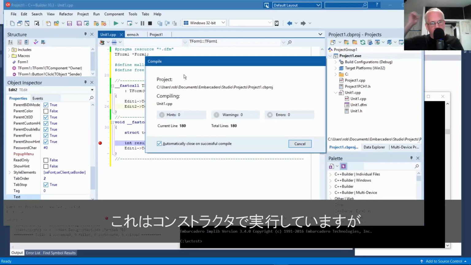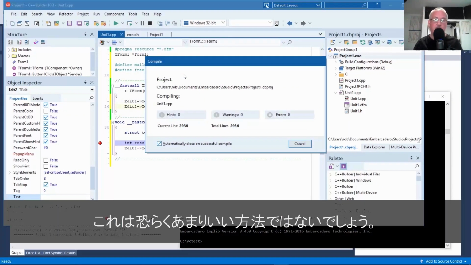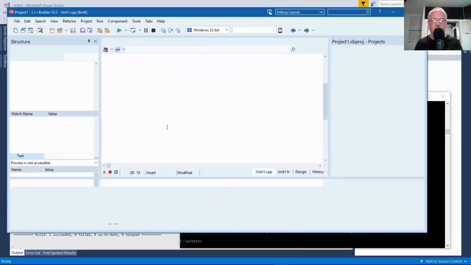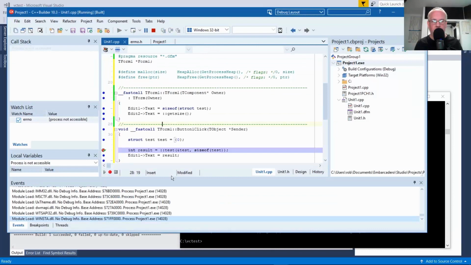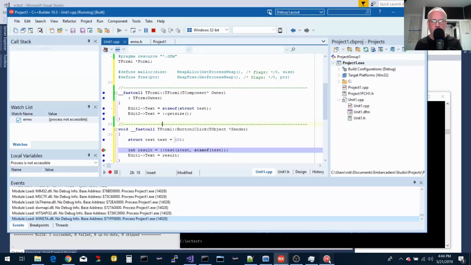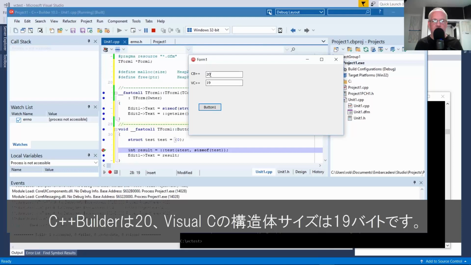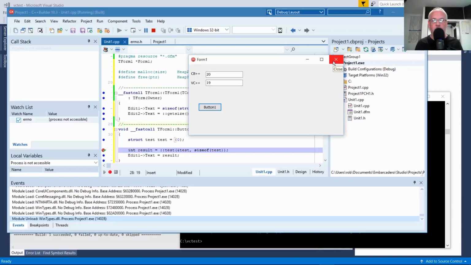And that's running in the constructor. It's maybe not a good idea to do it in the constructor, but we'll go ahead and try that. There we go. So we see the mismatch here. C++ Builder gives us a size of 20, and Visual C is saying that the structure is 19 bytes in size.